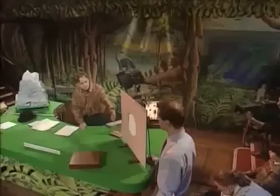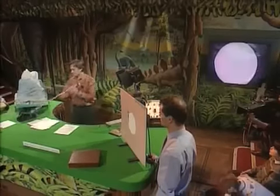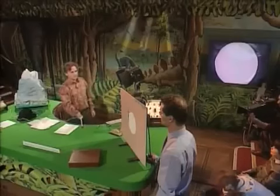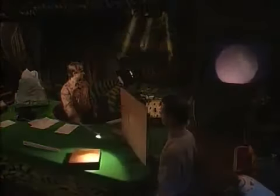Well, suppose we start with an ancestor who didn't really have an eye at all, but just a single, simple sheet of light-sensitive cells. So this animal, with hardly any eye at all, will at least be able to tell the difference between light and dark. The next stage in evolution would be to have a shallow cup. This animal would be able to tell the direction that light is coming from,